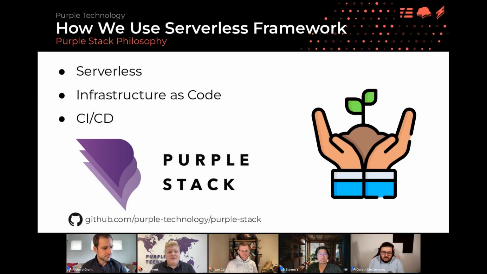Basically, serverless, nowadays we can say, of course, serverless, but back then it was not taken for granted. So it was an important part. Infrastructure as code, well, we didn't know infrastructure as code before because we were mostly developers or only developers. And we were trying to figure out how to run the applications without having any operations guys. And we found infrastructure as code and we started to like it a lot because it brings transparency and better